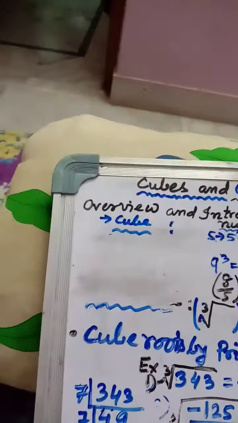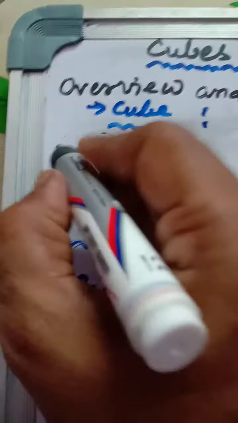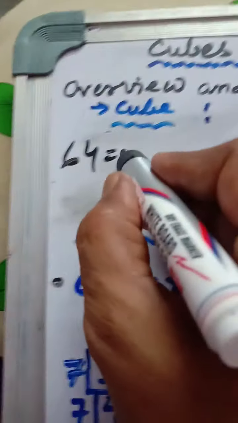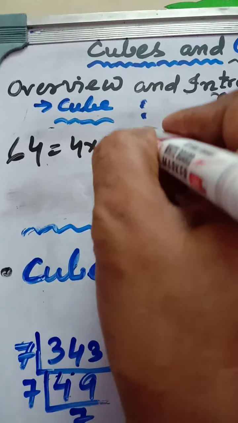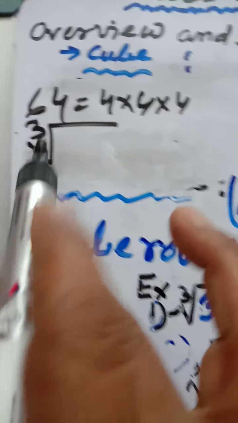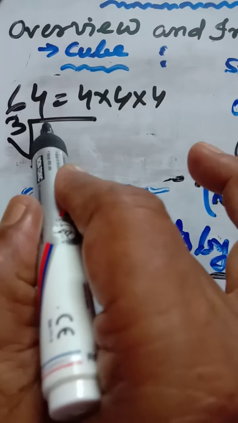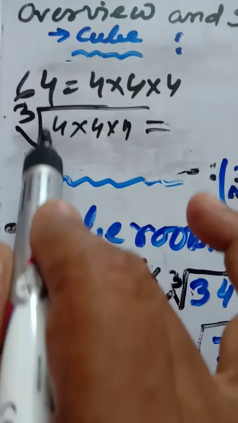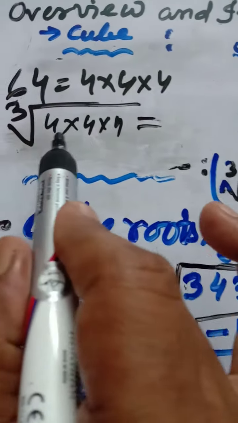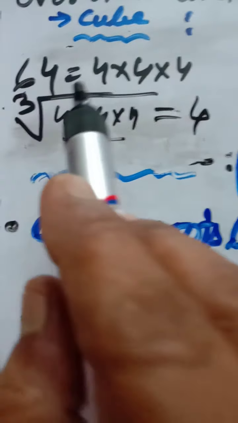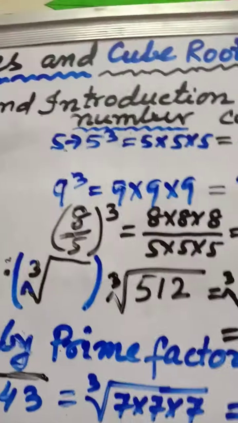How will you find out the cube root? Suppose we have got 64. 64 is a number which is of course a perfect cube. That can be written as a product of 4 into 4 into 4. So cube root of 64, this is the sign of cube root. We can write down 64 as 4 into 4 into 4. Then cube root will be a product of a number triplet. Out of the triplet number, 1 will be its root. Its root value of a cube is called the cube root. That is what we will learn in detail now.